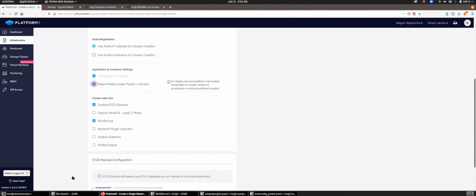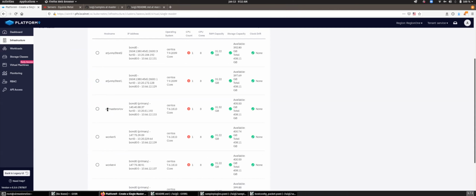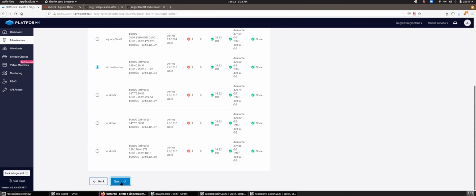Are you going to enable the network plugin operator, or are you doing that after? No, I'm not going to do this, just to show how to deploy it manually. Okay, so you could do it with the UI here, or you can do it manually, like he's going to show. As mentioned, this is part of PMK, and it will deploy and manage it for you. But just for anybody else that's not using PMK, this is how they would do it. So I am not going to be doing this here. It's just basic setup. One master, create.